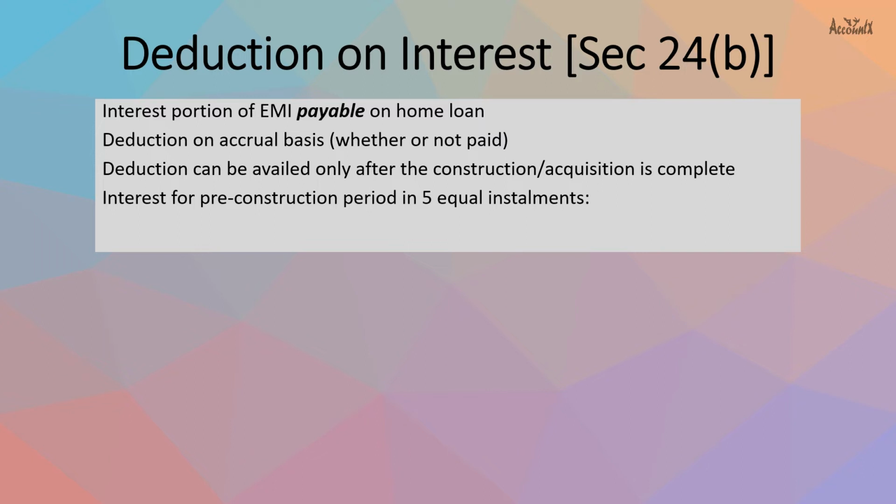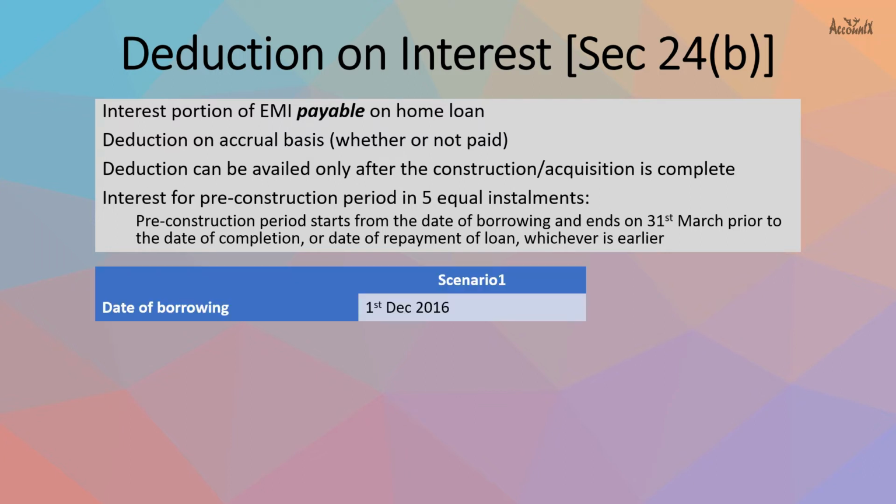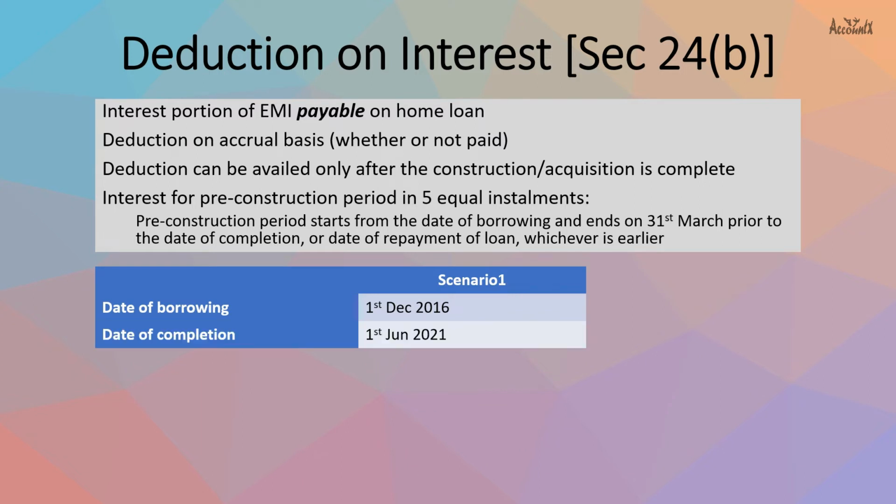First, let us understand what is pre-construction period. It starts from the date of borrowing and ends on 31st March prior to the date of completion or date of repayment of loan, whichever is earlier. To understand this better, let us consider a scenario. Let us say you have availed home loan and the date of borrowing is 1st December 2016. Let us assume date of completion is 1st June 2021. Also, date of repayment, that is the last EMI that you would be paying according to the loan tenure, is